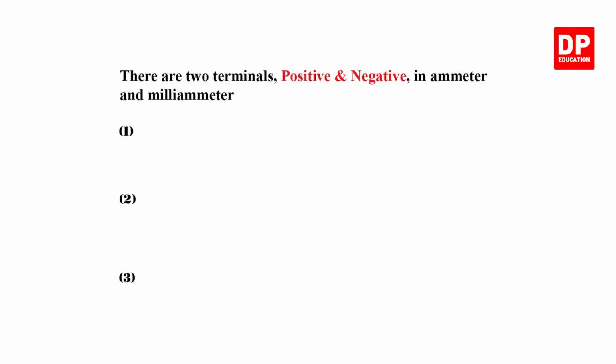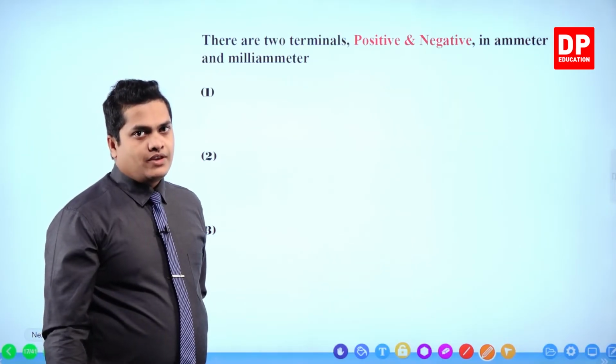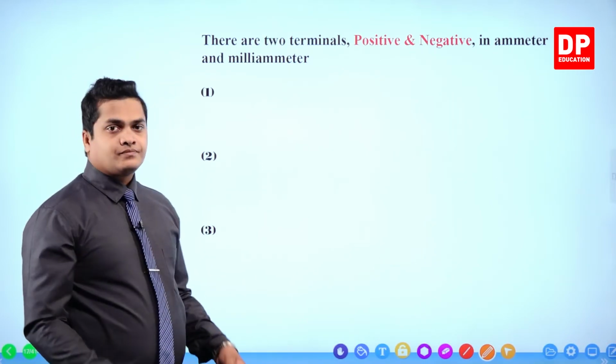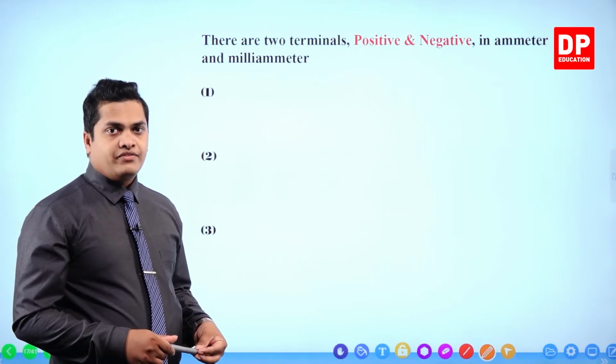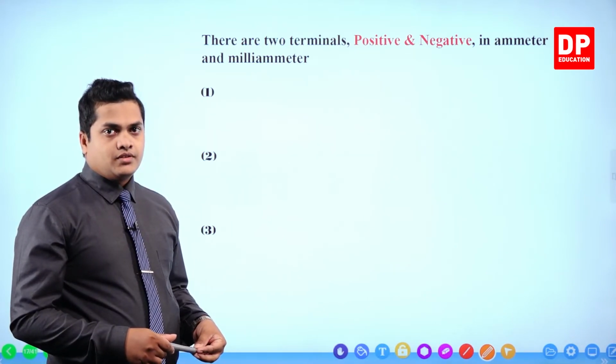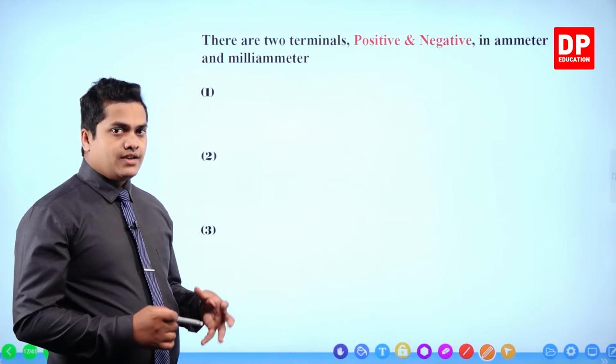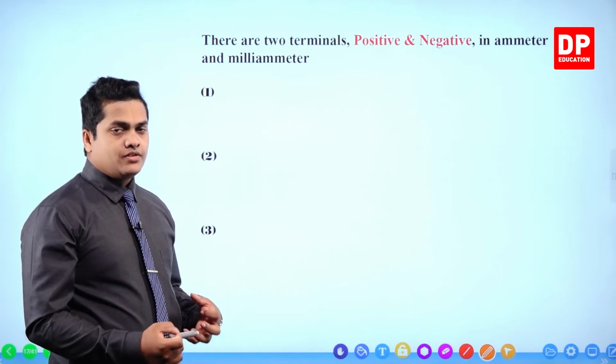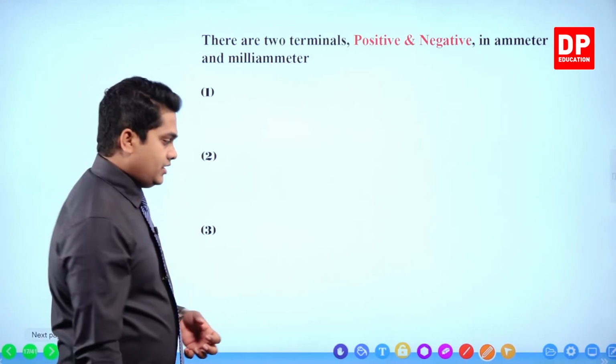So there are two terminals. I told you that there are two terminals, positive and negative, in an ammeter and milliammeter. Whatever the ammeter type, there are two different terminals. You are given 3 points. Let's see what these special points are that we need to remember when using an ammeter or milliammeter. First thing,